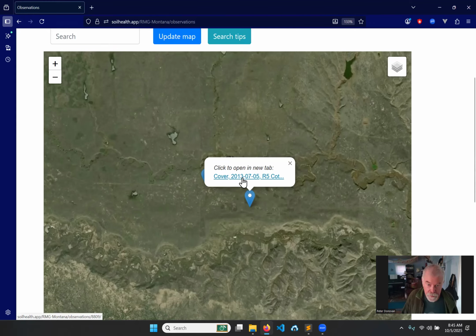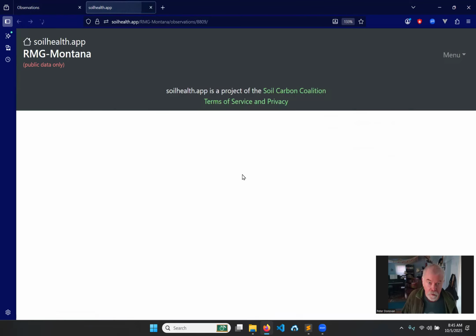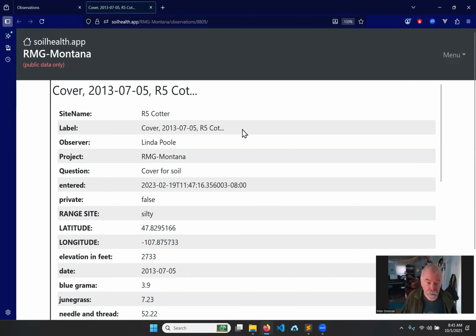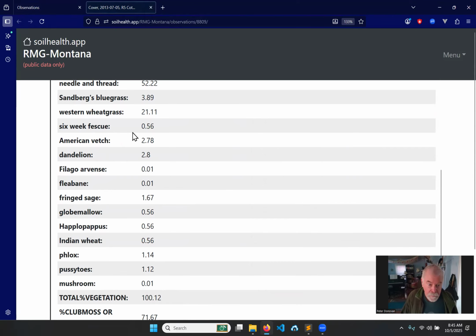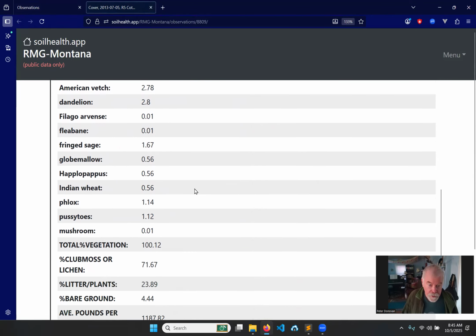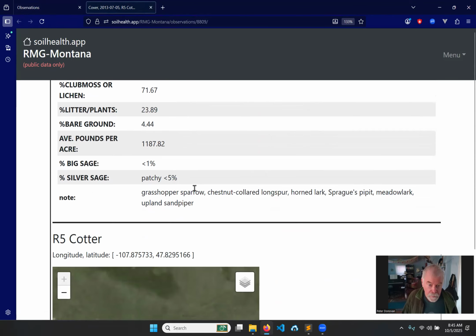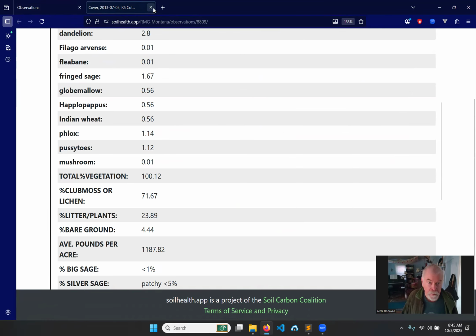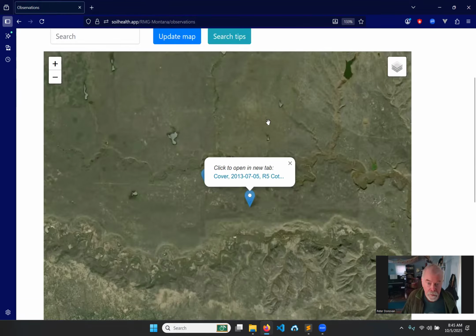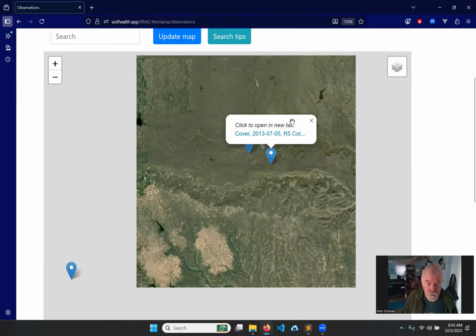For example, this is a cover observation. And if I click on this, I can open it in a new tab and see a lot of species cover percentages and so forth. So I'll close that tab, go back to the map. I'm going to zoom back out